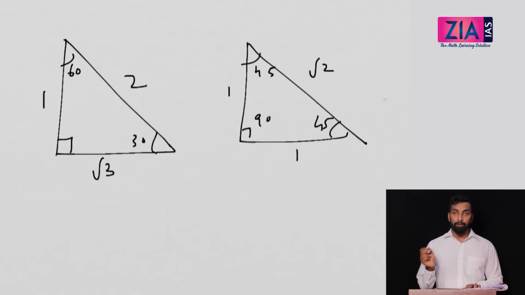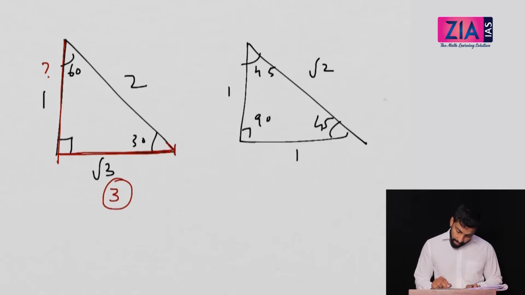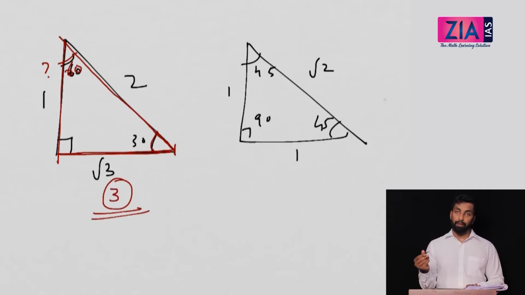Now if you get questions like this: you have a pole and you need to find the length of the pole. Say you are standing at a distance of 3, and you make an angle from here of 30 to the top of the pole, right? So this is 30 which is given, so we know that this will be 60 if you make a triangle, and the opposite of 60 is given as 3. So the question will be, what will be the height? It will be root 3, because it has to follow the ratio, right?